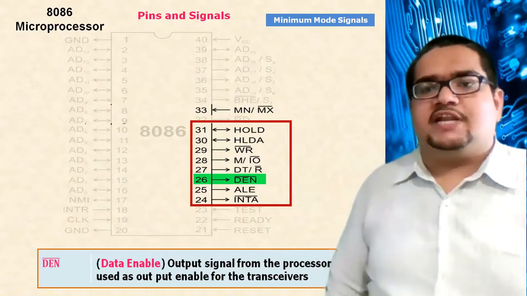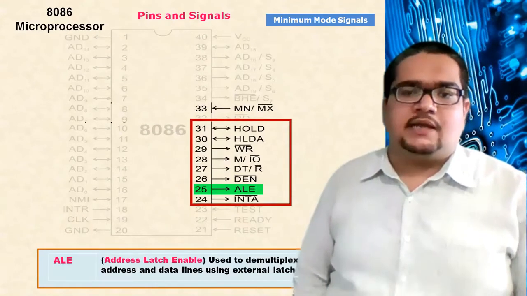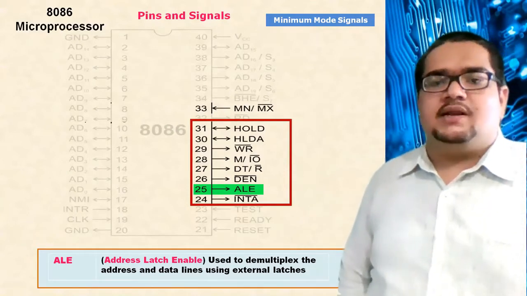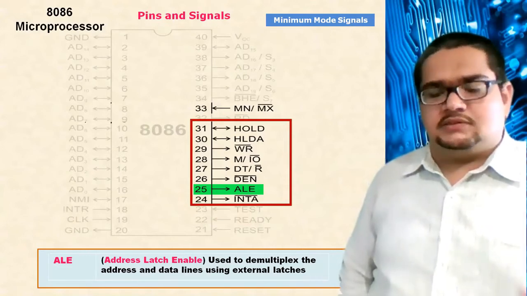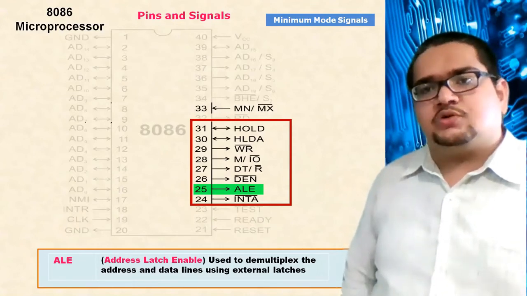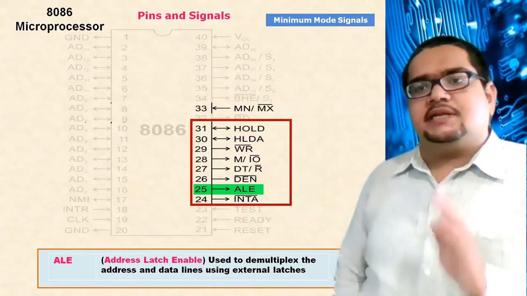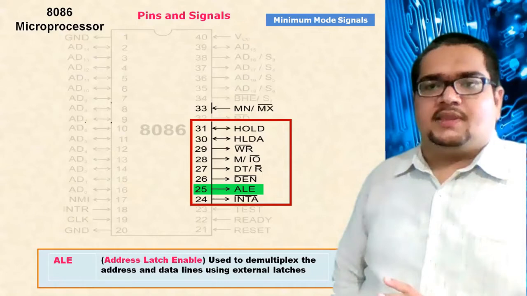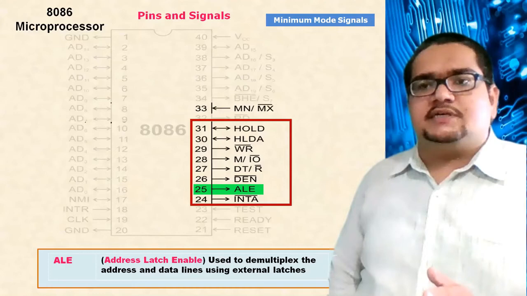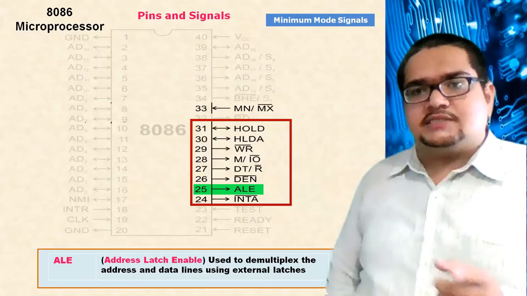And lastly, INTA, pin number 24. Before this one, let me conclude this data enable we have done. Address latch enable is there. Address latch enable, as you can read there, it is used for latching up the address before the transition of those AD lines from address lines to data lines happens. It will store the address onto the external latches connected in the system such that the address stays for the complete memory read and write operation by the processor. As the content of that AD line will change after a certain time. Initially it stores the address, and after a certain time it will store the data, such that that address is not lost.